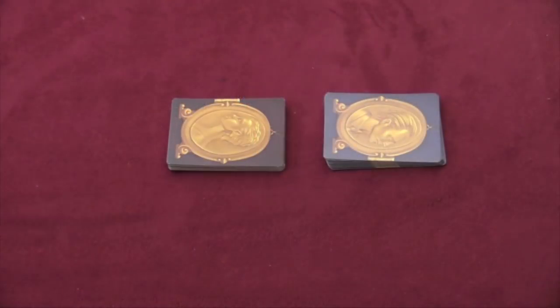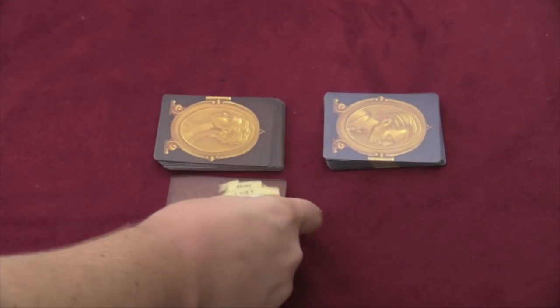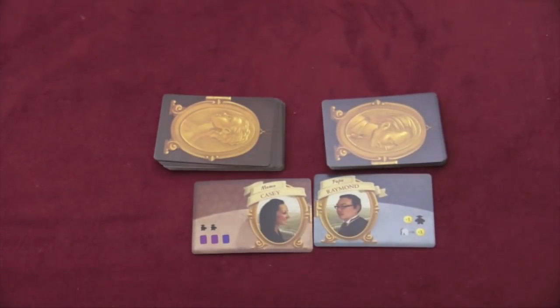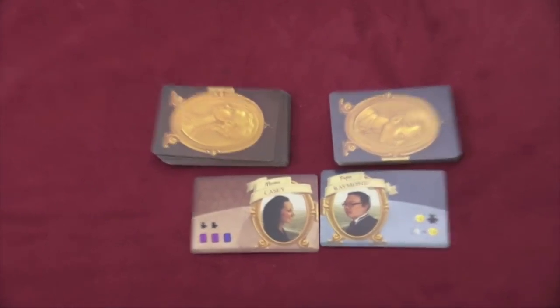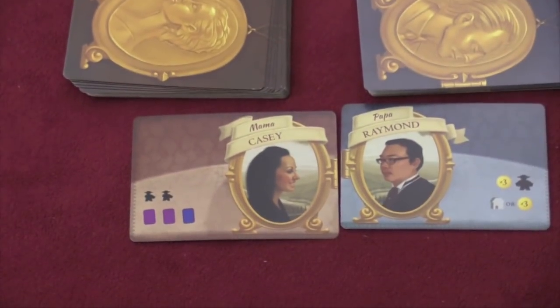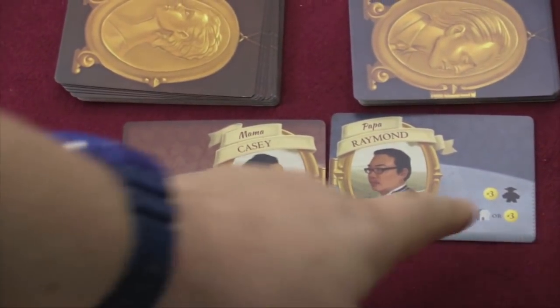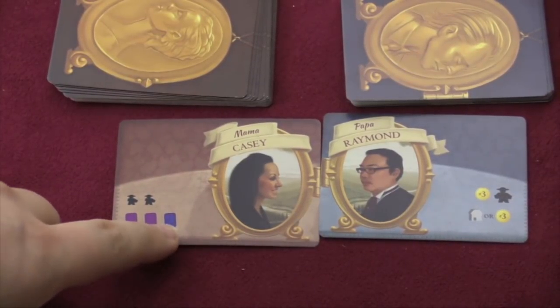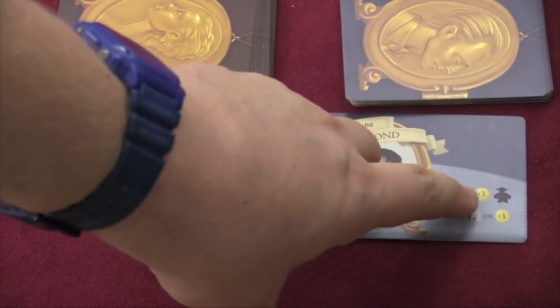The first module we're going to look at is the Mamas and the Papas here, where each person is going to draw randomly 1 Mama and 1 Papa. Now what this does is it basically gives you what you get when you start. So for example, you'll see you get the Grande worker, 2 regular workers. You start here with 2 purple cards and a blue card, and you start with $3,